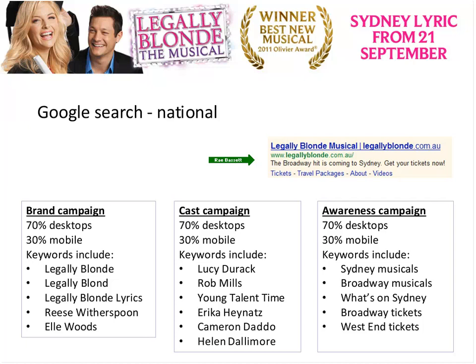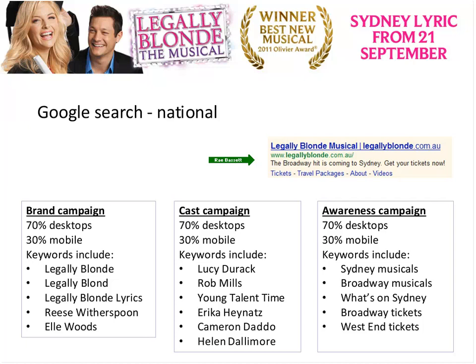You'll also see here with these 3 segments of campaigns for Legally Blonde that we've also set 70% desktop and 30% mobile. So within each of those campaign groupings in Google AdWords, we would go in and set up ad groups that target desktops and mobile.